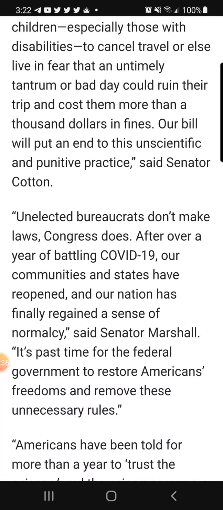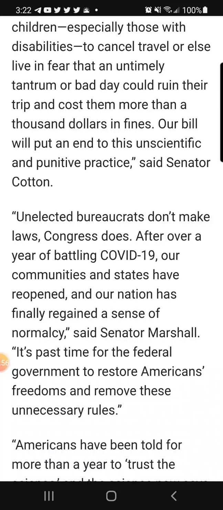Unelected bureaucrats don't make laws. Congress does. After over a year of battling COVID-19, our communities and states have reopened, and our nation has finally regained a sense of normalcy, said Senator Marshall. It's past time for the federal government to restore Americans' freedoms and